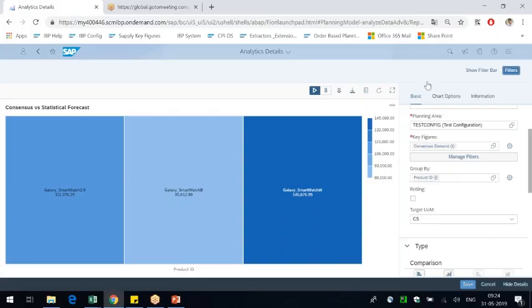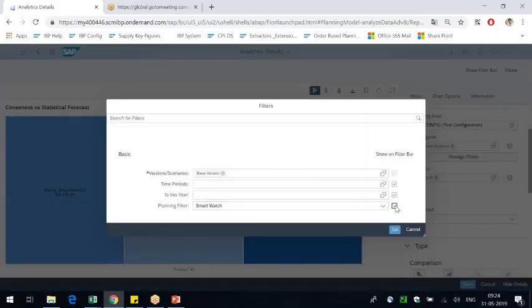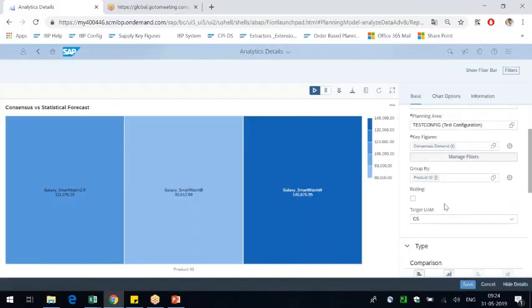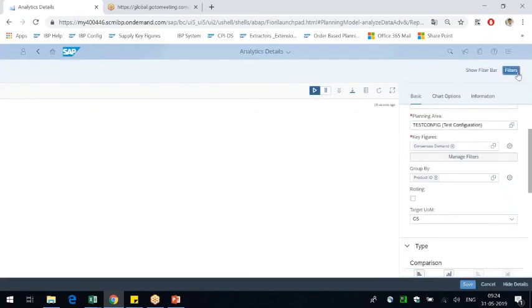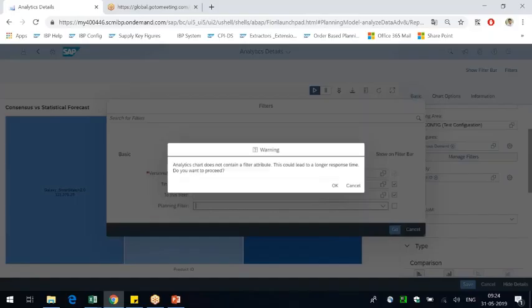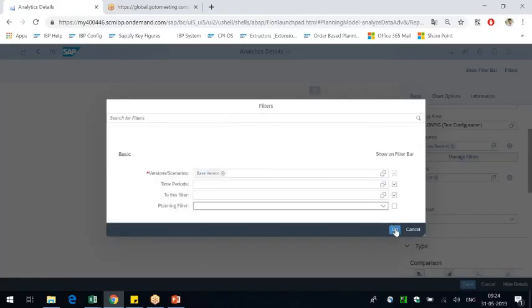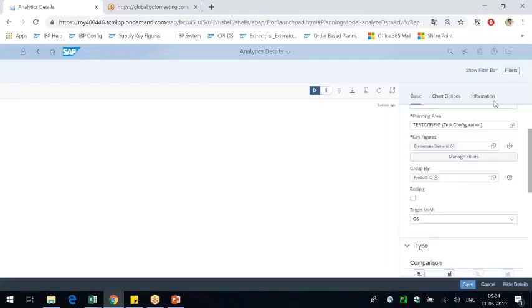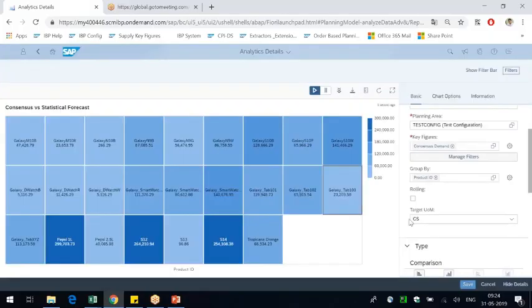So let me take off this filter, then we'll see. I think this is still there. That's fine. It is like there's no filter, and then yeah, so this is how the heat map would look.